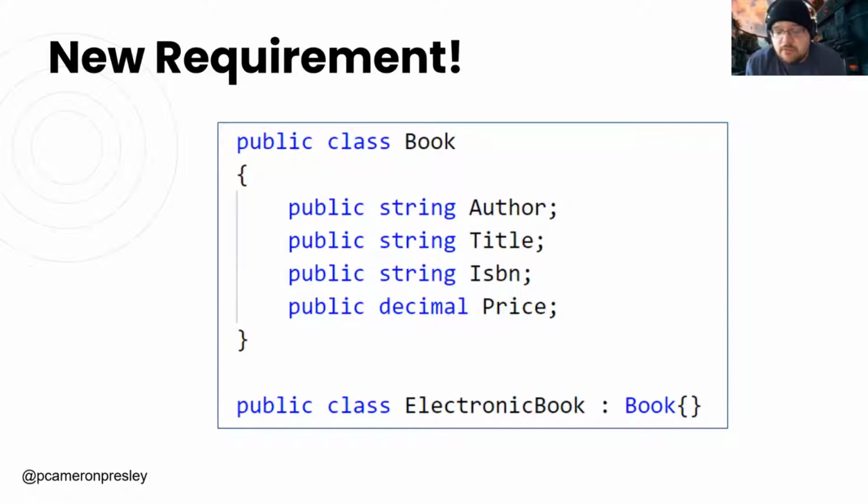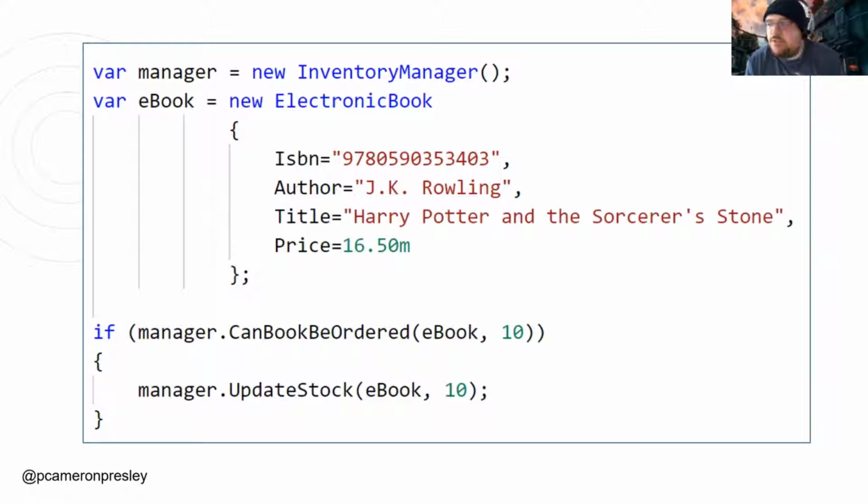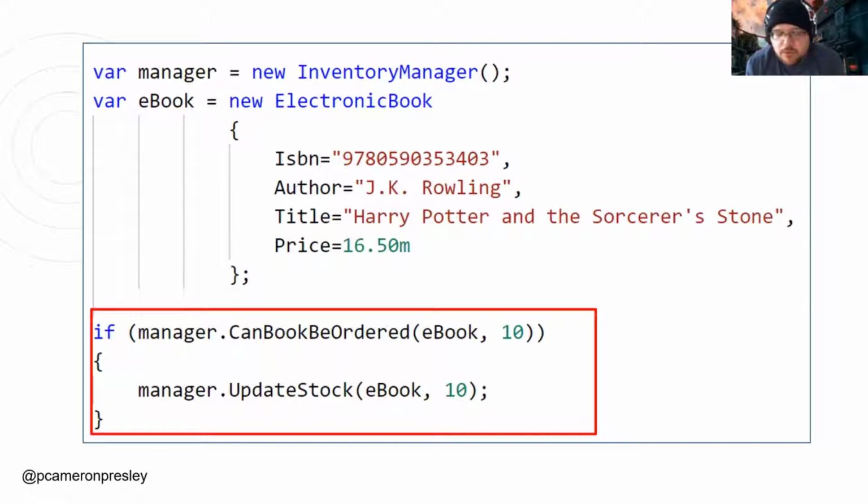So an ebook then is like a book. So I'll go ahead and make that dependency. So I'll say an electronic book is everything, inherits from book, has all those things. Here's where we start running into a few interesting issues, is that now I can write code like the following, where I can create the inventory manager, create a new ebook, but then I can do things like this, where,